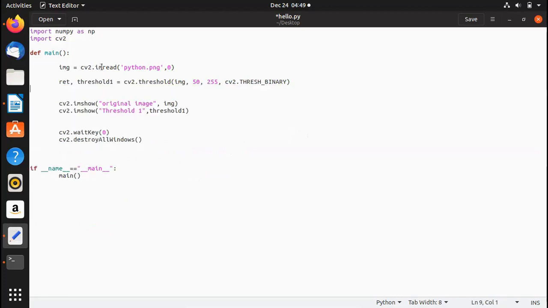Okay, so we have an image here, we are reading it, that is essentially python.png, and we are having it in grayscale. How do I know that? Because I have put 0 here. Once it is converted into grayscale, now we can go ahead and perform different